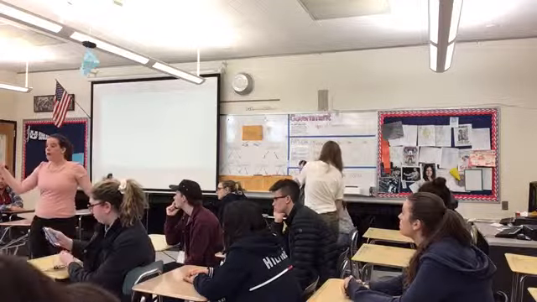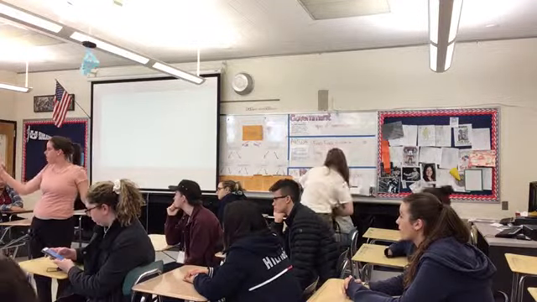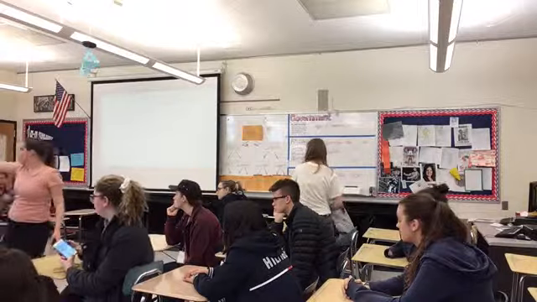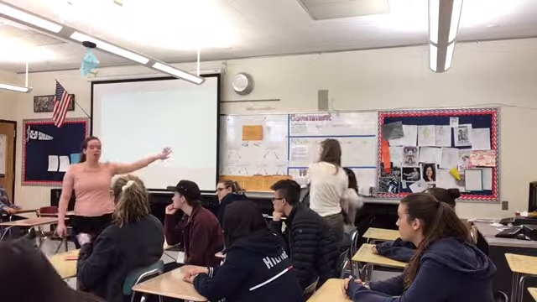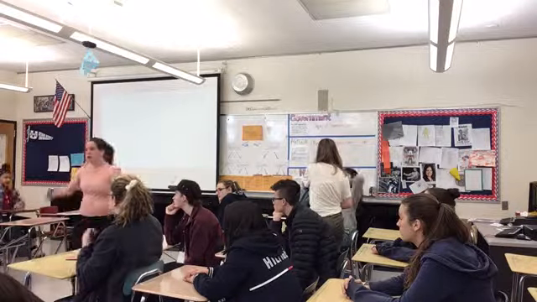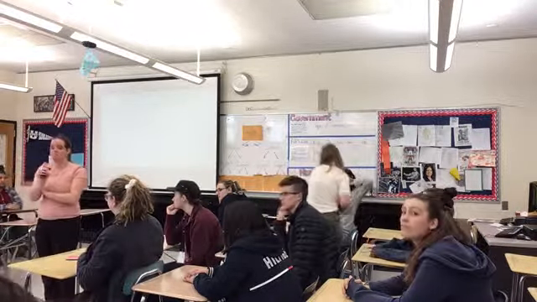Okay, so I'm splitting you in half right now, so make sure you're paying attention. Nick's row and over, and Ashton's row and over are team 1. Everybody else on this side is team 2.